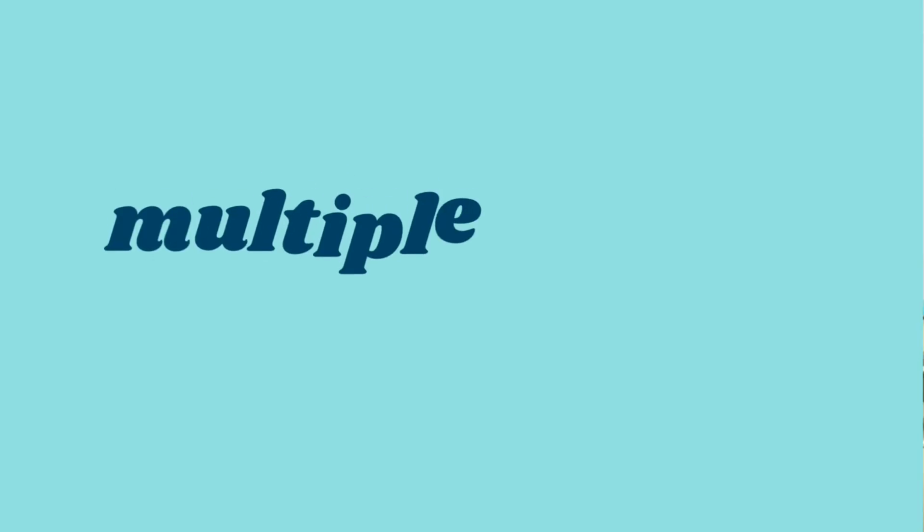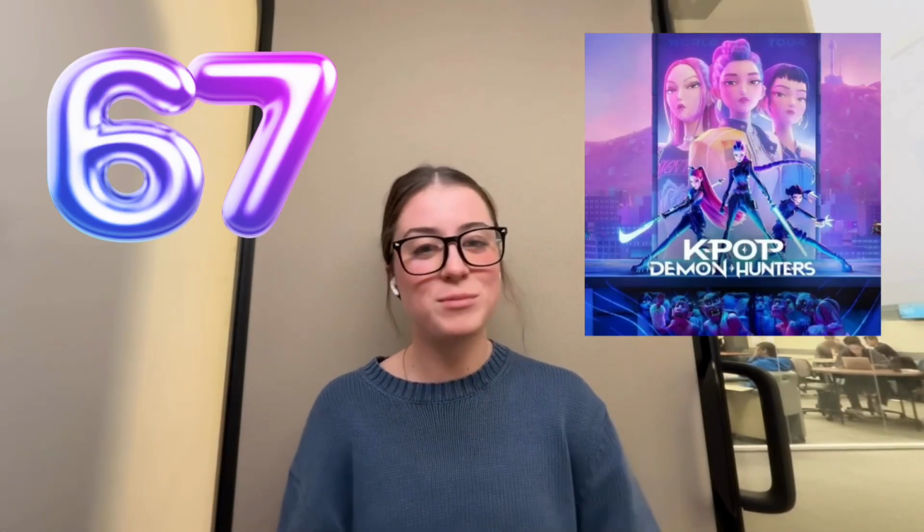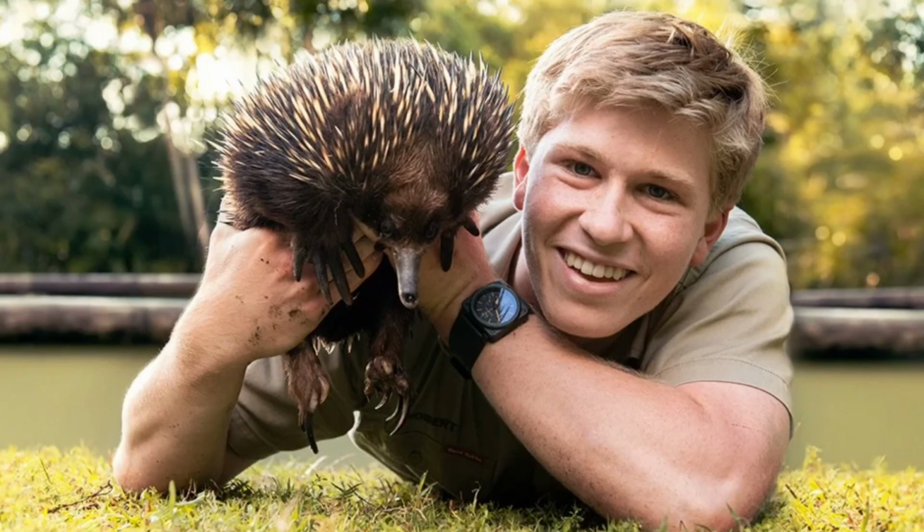The first principle of UDL is designing multiple means of engagement. How do we get students to want to learn? UDL would say that since all learners are diverse, we need to engage them in diverse ways. This means incorporating their interests into lessons. Yes, even if those interests are super annoying, like 6'7" or K-pop demon hunters, and give them choices. What if, instead of jumping right into Canadian politics, Miss M introduced the idea of democracy and voting by watching clips from an episode of Dancing with the Stars? Students could cast votes on who they wanted to win. And if they didn't pick Robert Irwin, they would get an F.